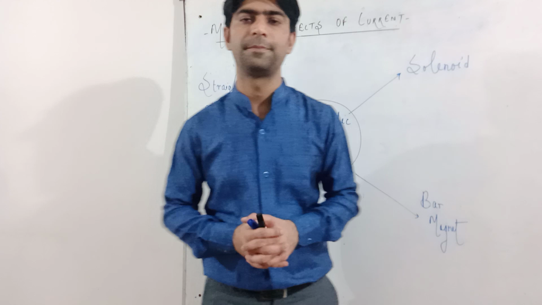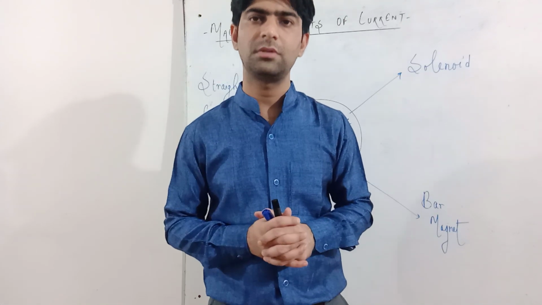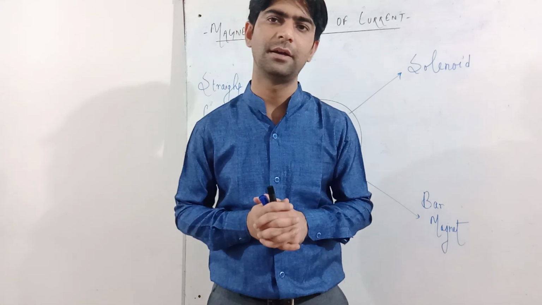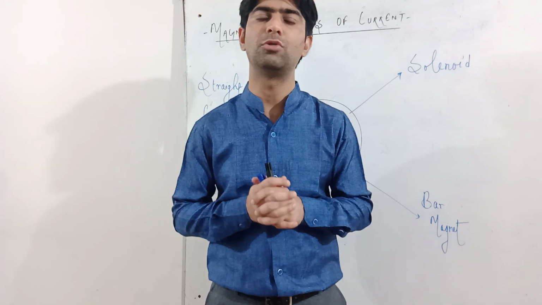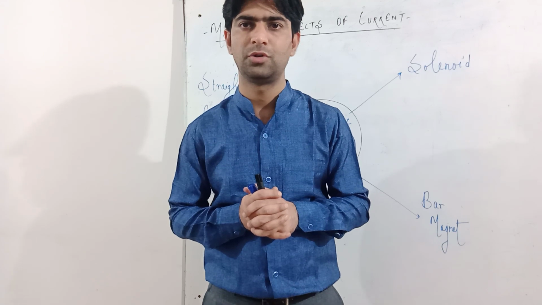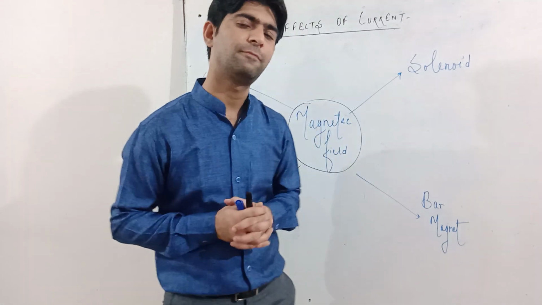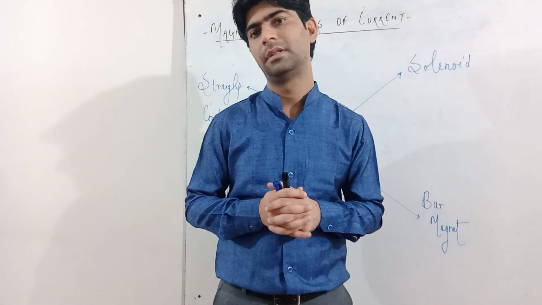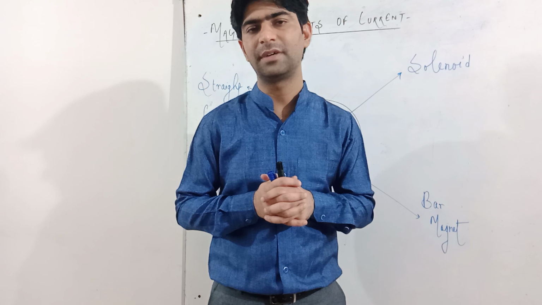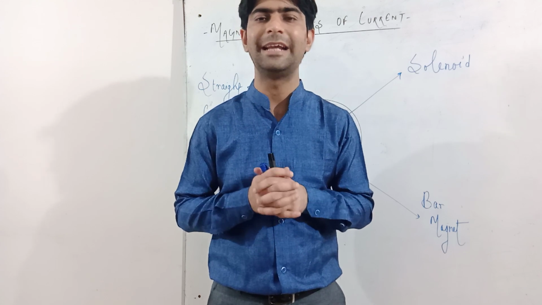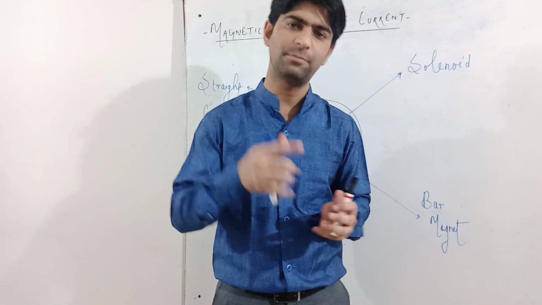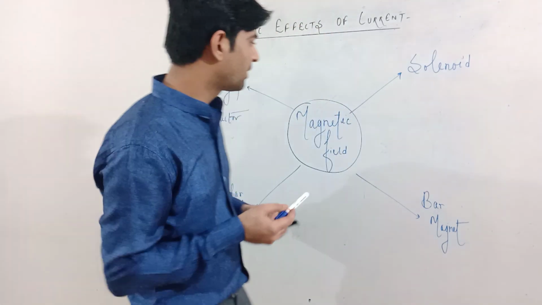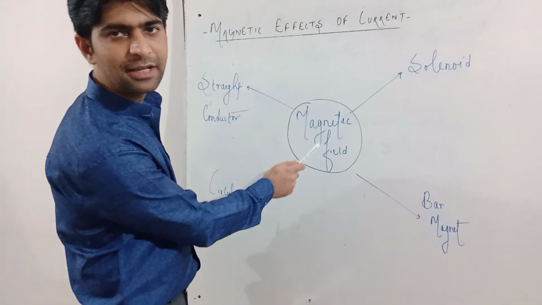Hello students. In my previous class on magnetic effects of current, we had a discussion on magnetic field, and we demonstrated the Oersted experiment to verify the existence of a magnetic field around a current carrying conductor. We have seen that magnetic effects are produced by a current carrying conductor. That means the magnetic field will be produced around the current carrying conductor. In this class, we have to determine the magnetic field.